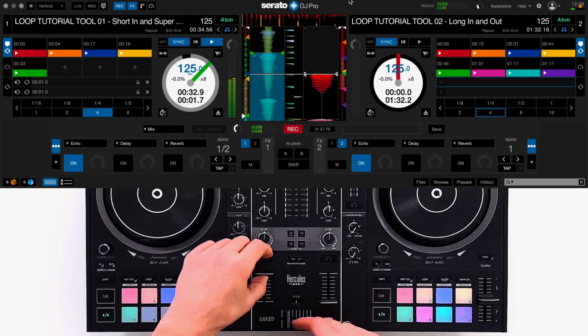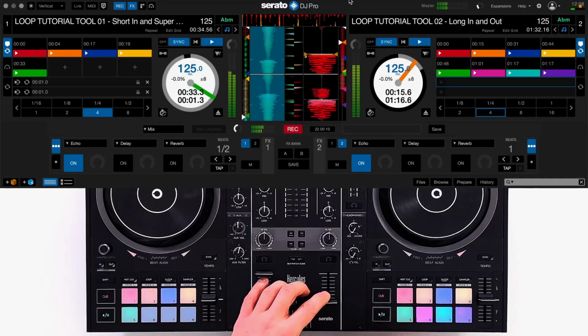Okay, so let's do the transition. So we have our 4-beat loop on the piano, the build up on the second track,